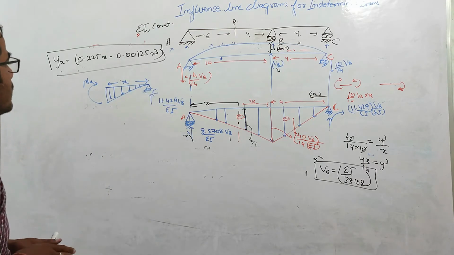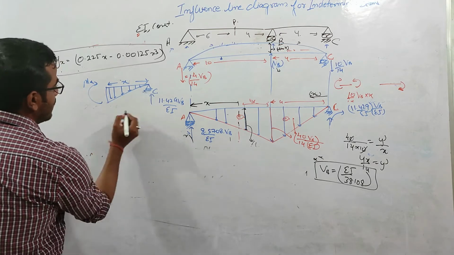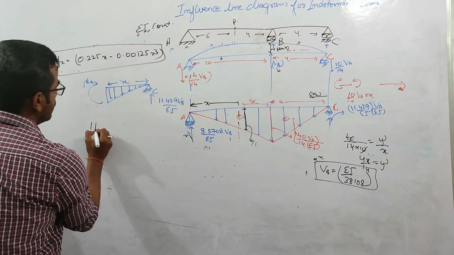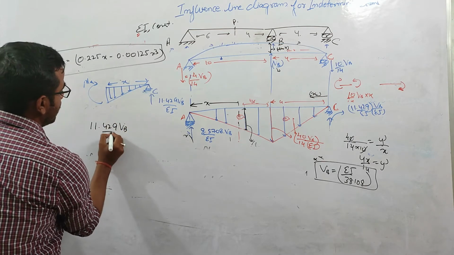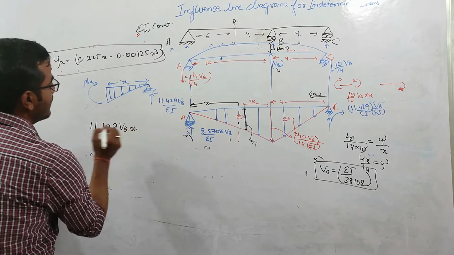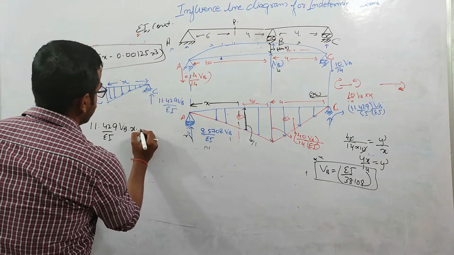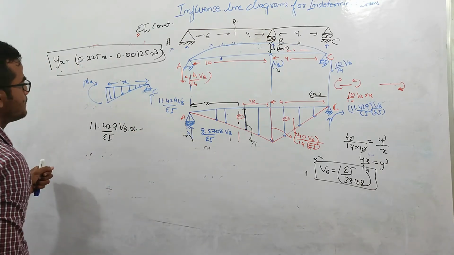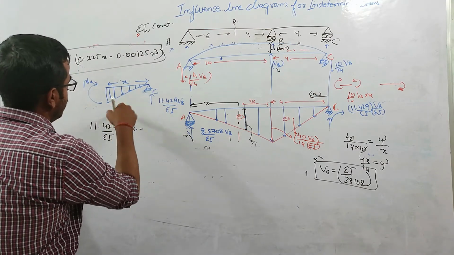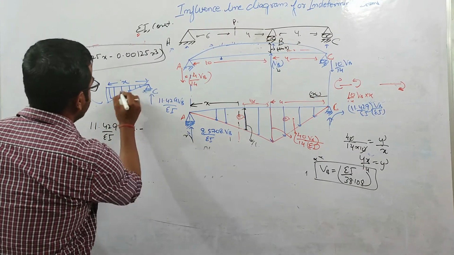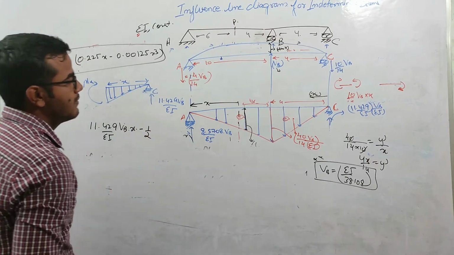So due to this loading, the moment at a distance x due to this load is nothing but VB over EI into x, and the direction is basically anti-clockwise. So if I take minus over here, due to this curvature loading, the load will be again at a distance of x.